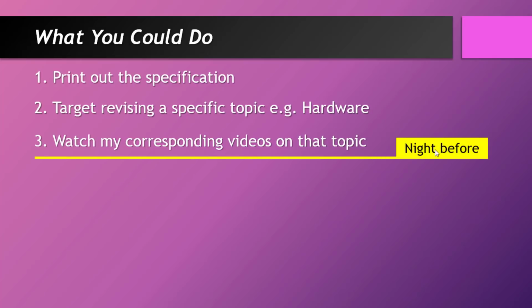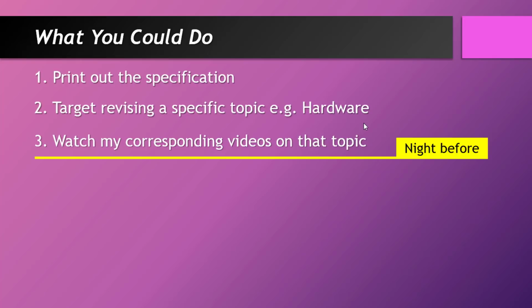And if you are revising the night before, just watching the videos is a good way to cover everything. I mean, they do cover everything. So if you just watch the videos, you can get really good grades. Some people never bothered doing notes or flashcards, all that stuff. They just watch the videos the night before. And that works for GCSE in particular, not so much for A-level, although it would help a lot.